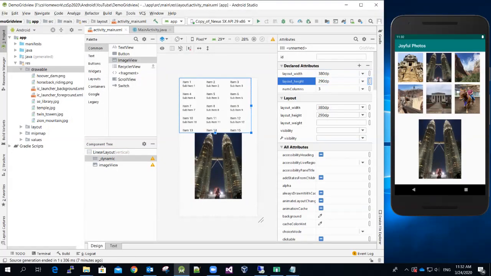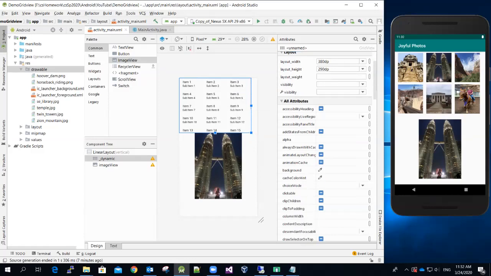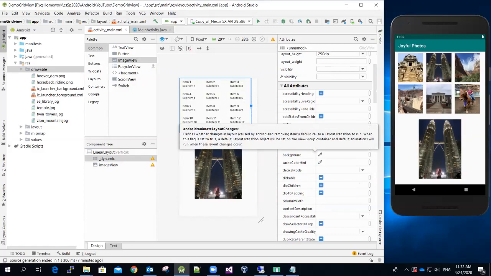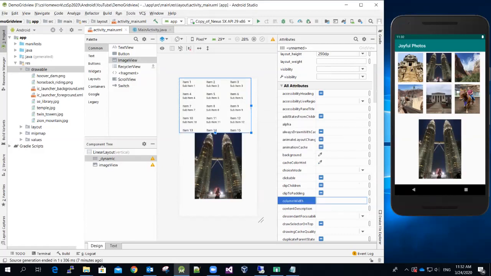Again, you can make the adjustment to fit your needs. And also, I need to set the column width, the width of each column. So the column width will be, let's see, I use 160